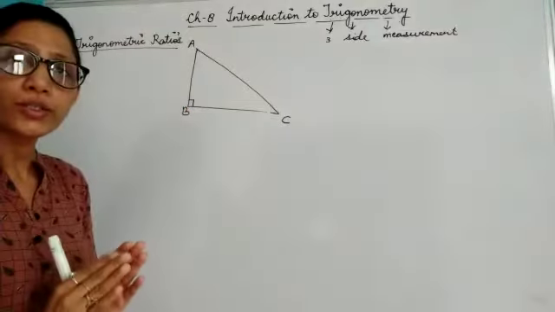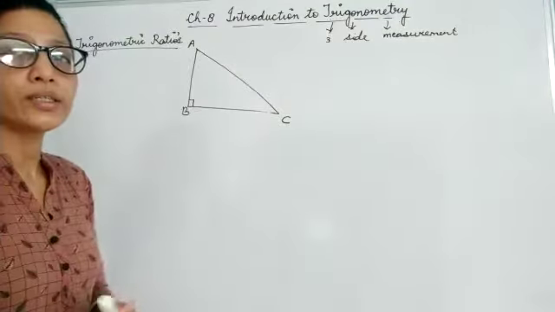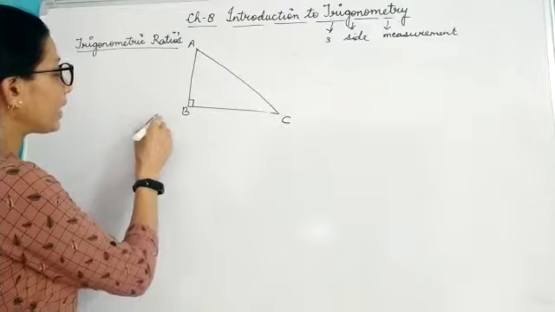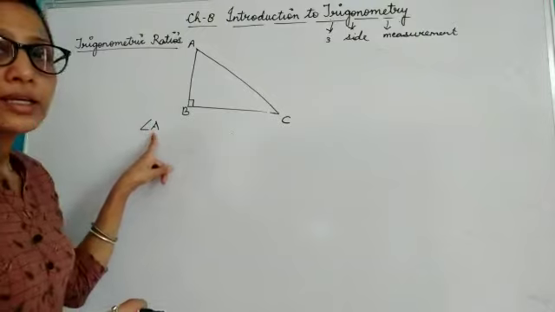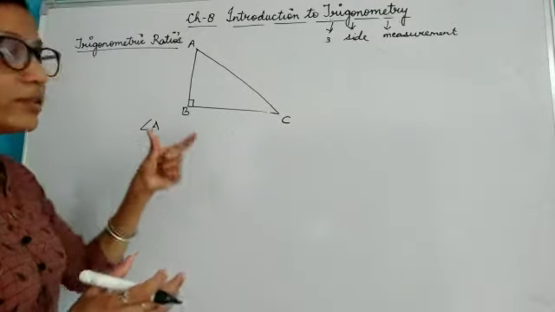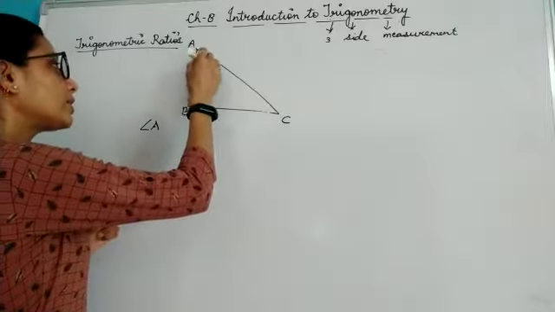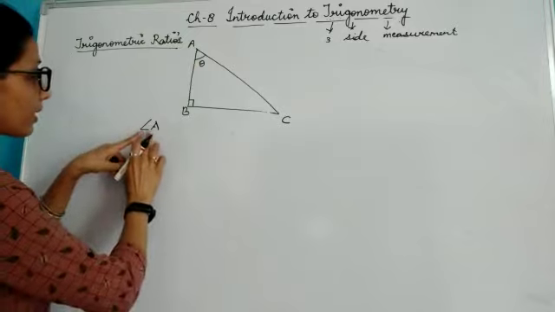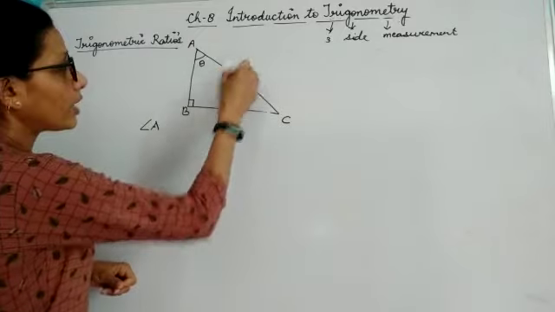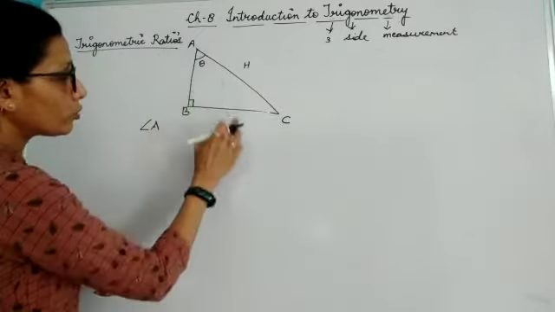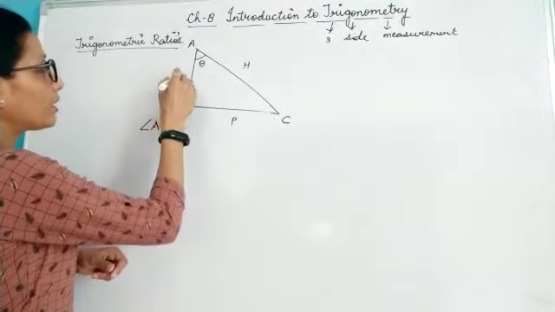Now children, just now I told you that you have to define your theta. If I have not defined theta over here, and I ask you to find out the trigonometric ratios at angle A, that means you need to find out the ratio of the sides at angle A. That means I am indirectly taking theta as this. If I am saying angle A, that means I am taking theta as this. So opposite to 90 degree, it is hypotenuse. Opposite to theta, this is your perpendicular, and the leftover side is your base.